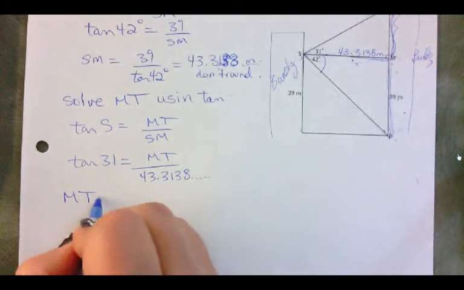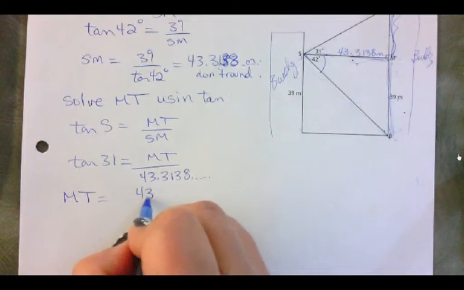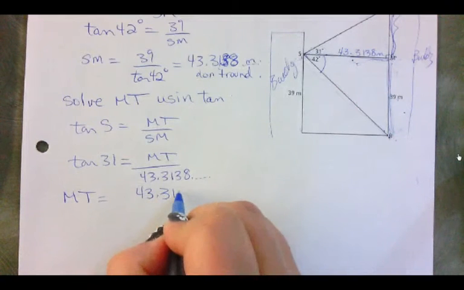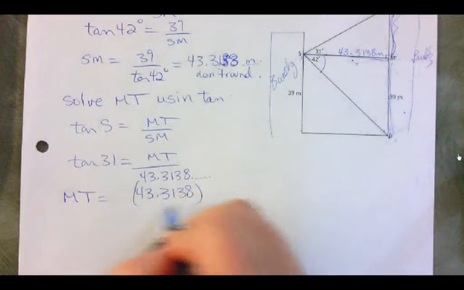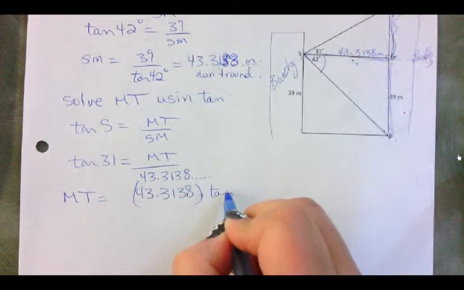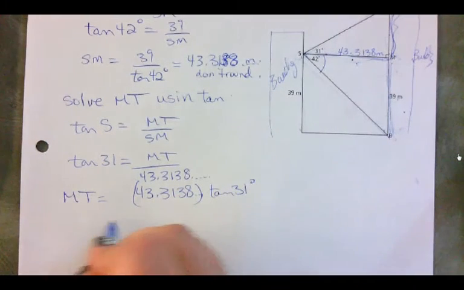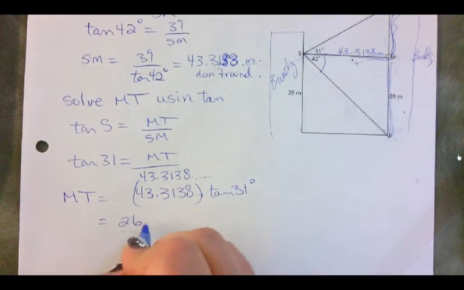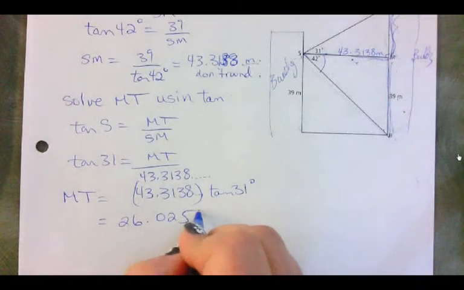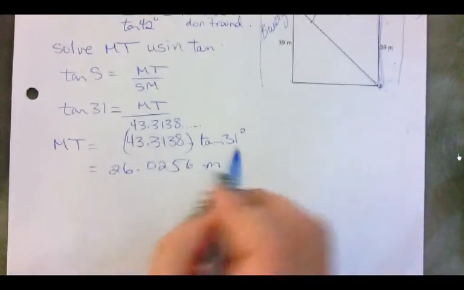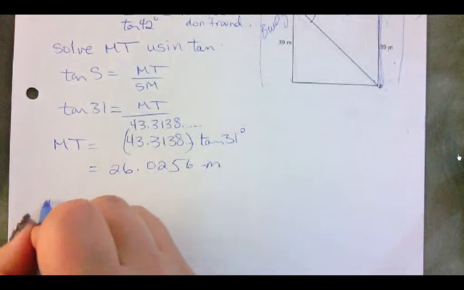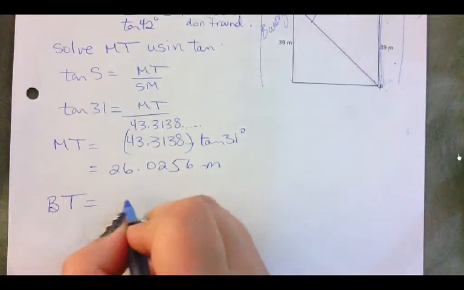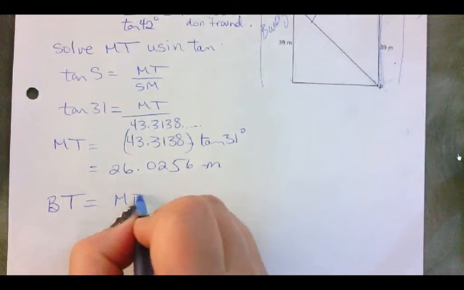And then MT is equal to 43.3138 times tan 31 degrees, and that equals 26.0256 meters. Okay, so now finally we're going to figure out the height of the tall building, which is MB